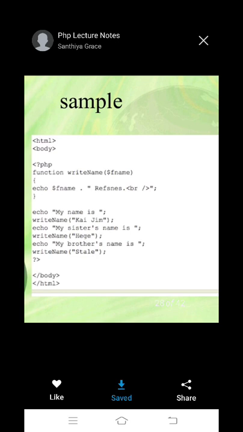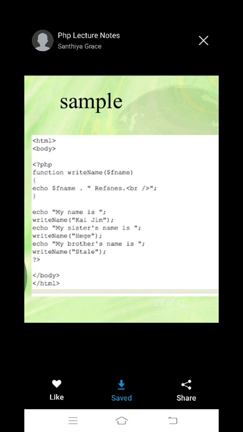So this is the function using the call by value method, right? Here see the function writeName. We pass the value directly, that value is assigned to one variable, and by using that variable we print that value. So this is the function being called by using the value. This concept is called call by value. A function can be called without a value, with a value, or with a reference. Here we called the function by using a value, so this is the example of call by value, right?